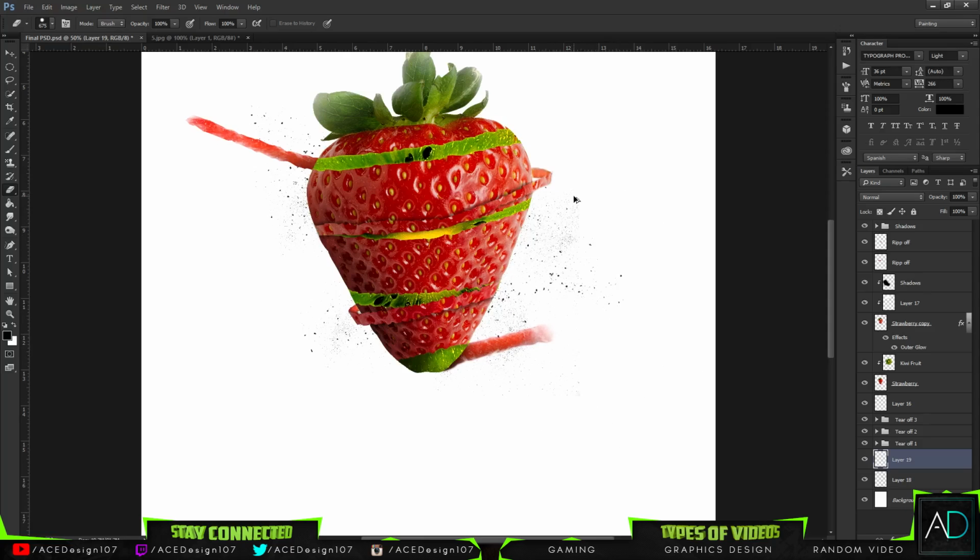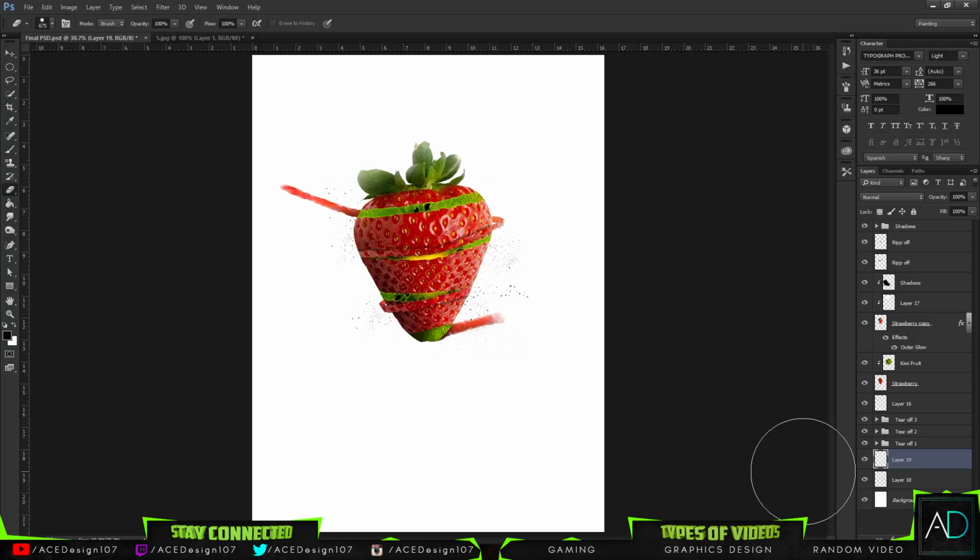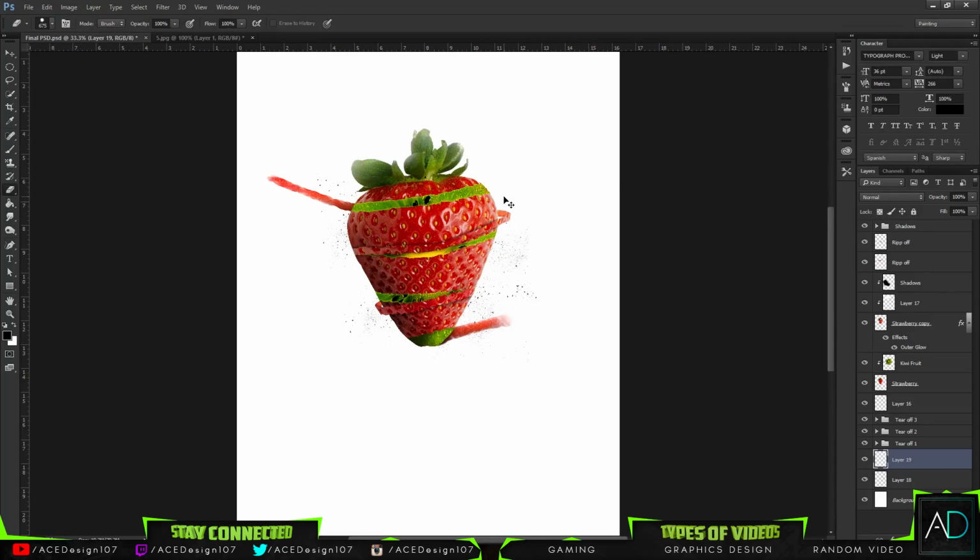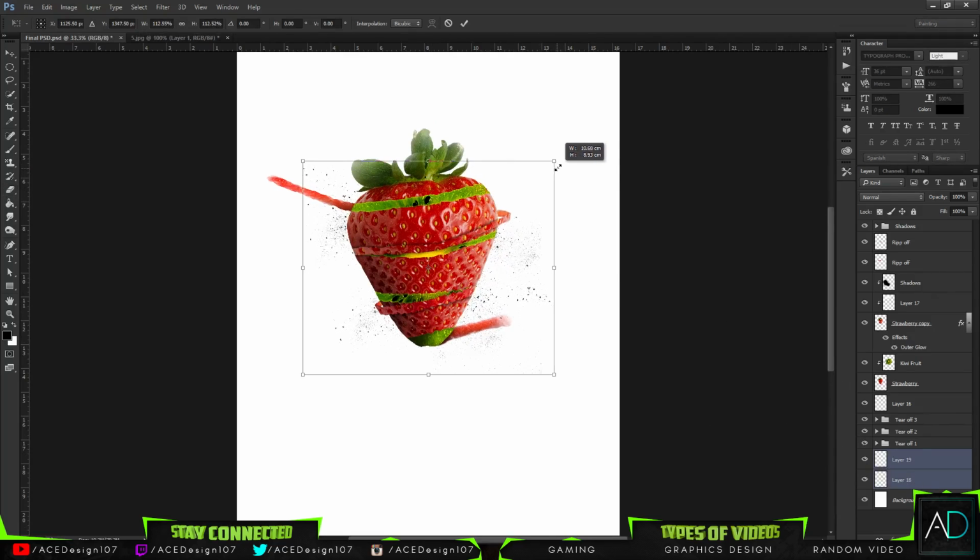I find doing hard abstract stuff pretty hard. I don't know why, abstract just doesn't really click in my head for some reason. Because I'm too nitpicky, so when it comes to abstract, I think everything has to look perfect when it doesn't, it's just there for abstract. So yeah, I'm going to do something like those and merge that together and just simply burst this one up,